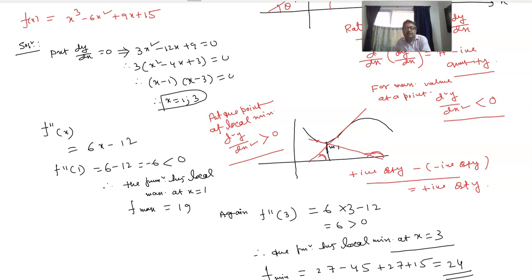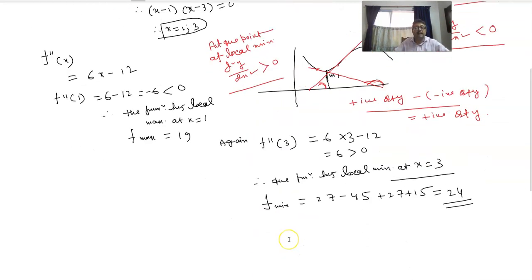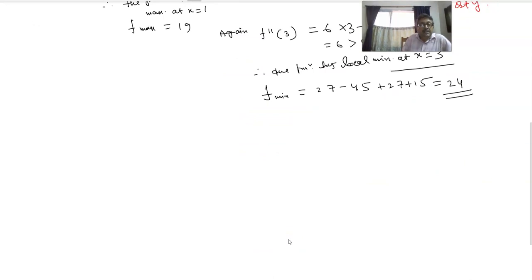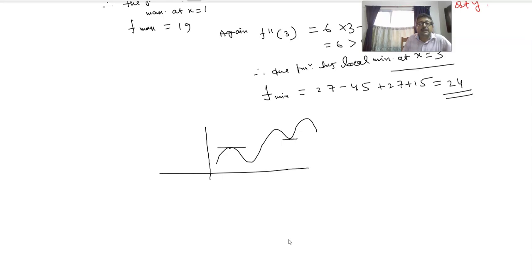So it's very interesting to note that there is a minimum value which is larger than the maximum value. It can happen, in fact, if we just consider the graph of a function like this. All of you can see that at this point the minimum value is larger than the maximum value. For some problems it can happen. Okay. So second order derivative test you have understood. You apply it for solving one more sum.